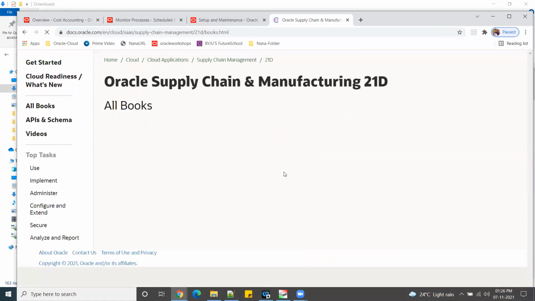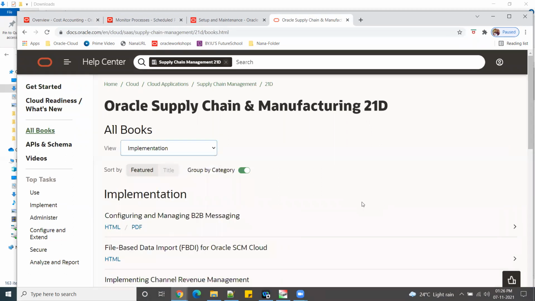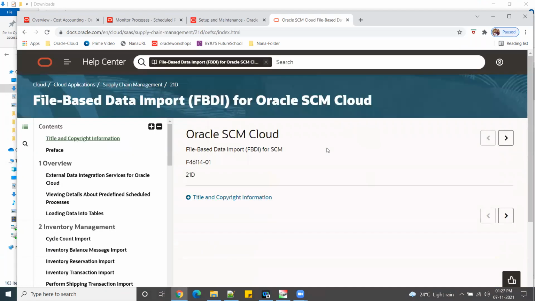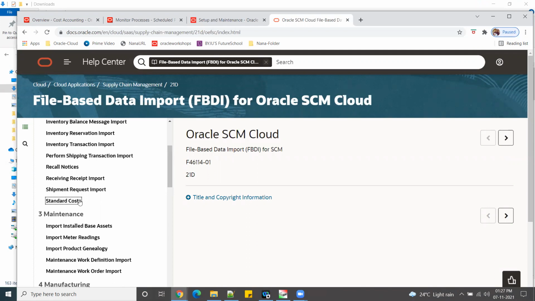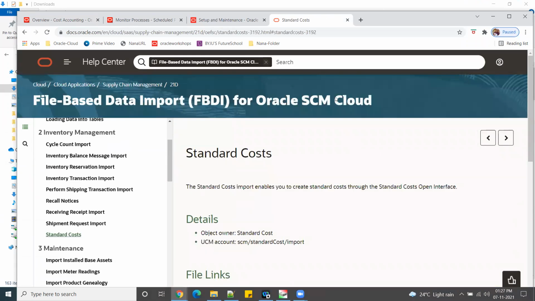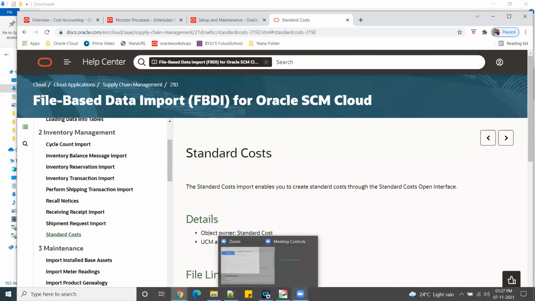Click on all books, go to implementation, and go to FBDI source files. Here under inventory management, you can find the standard cost. This is the template I have to download into the system. Now I downloaded it, this one. So I have just shown the navigation for that. Now after downloading into the system,